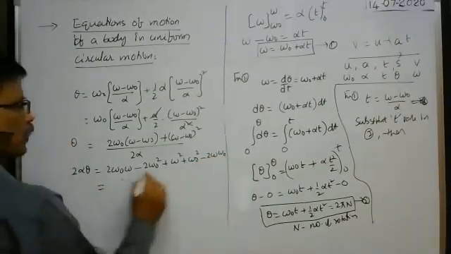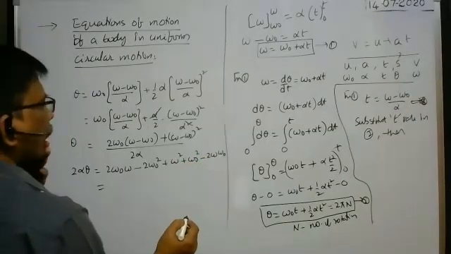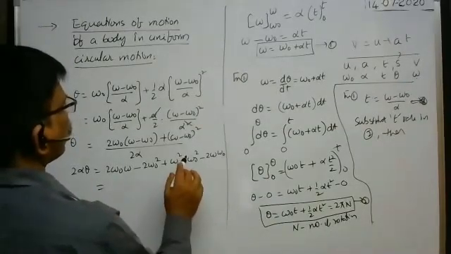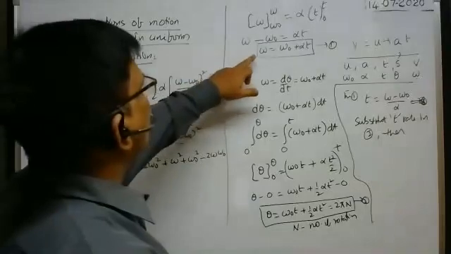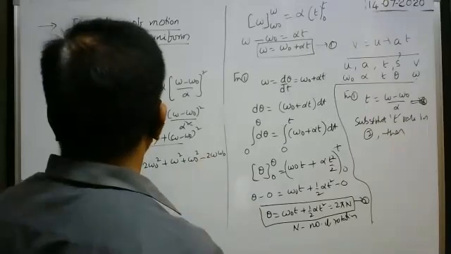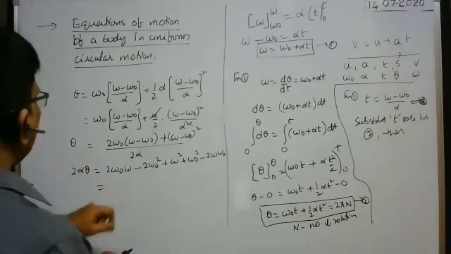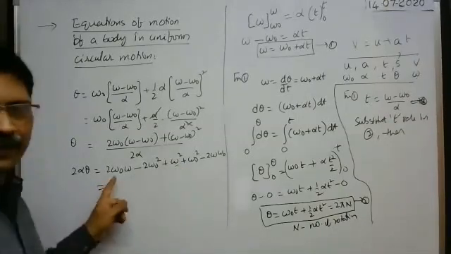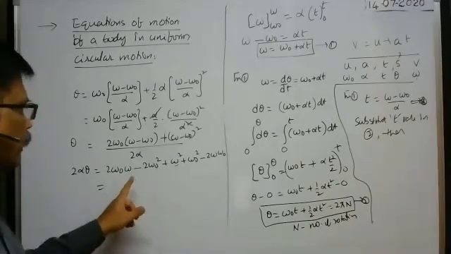Here you see, what is the t value there? t is equal to omega minus omega naught, and the square is there: omega square plus omega naught square minus 2 omega omega naught. When you simplify them, here you will get omega square. Is there any mistake in the calculation here?